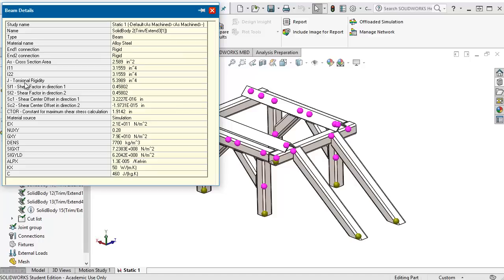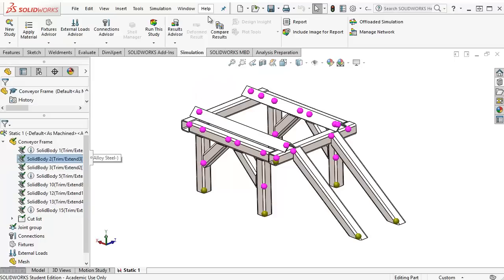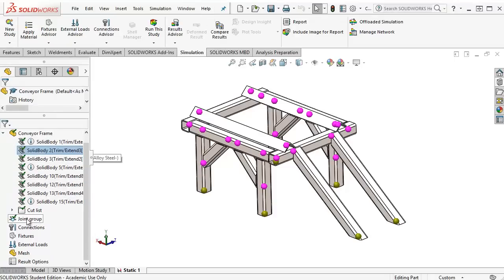And as well as some shear factor, the center of rotations and shear centers, and stuff like that. It's all calculated automatically in the background, so we don't have to do that by hand or input these values. SolidWorks does that for us. The next step is to make sure that these joints are the way they should be, that the correct beams